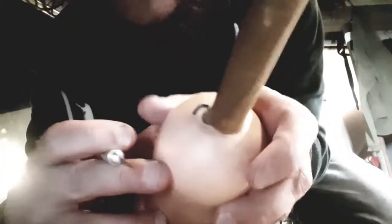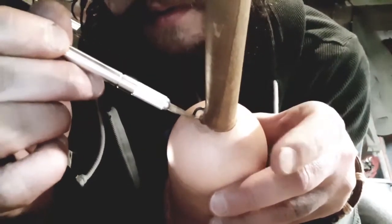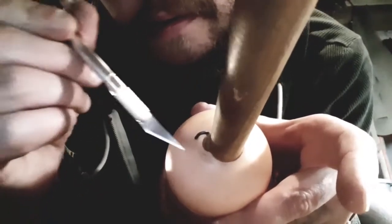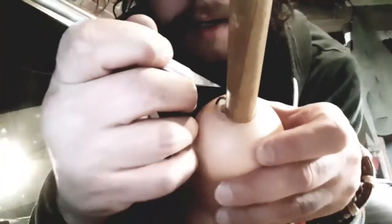Well, there's a big gap there. As you can see that? That's what I'm looking at. Right there. See that? Got your metal hook, and then you got that bit there. Anyways,